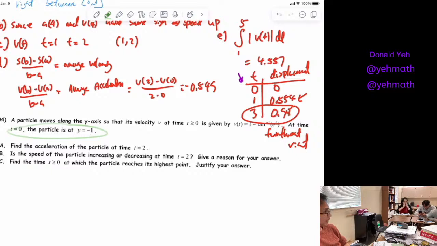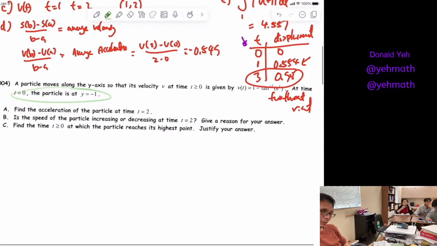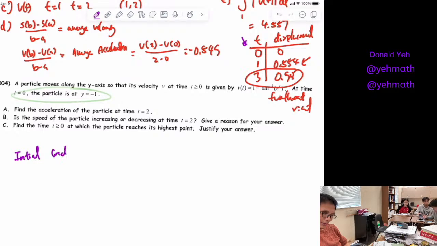Even though ABC here, the outer part, doesn't matter if the particle is at t equal to -1, t equal to -1 is important for other situations. So let's talk about that. That's called initial conditions. Initial conditions matter in certain situations. So I want you to write down here: initial conditions